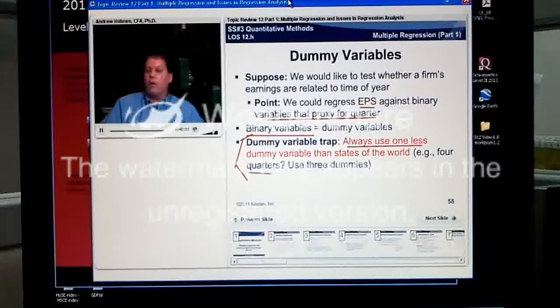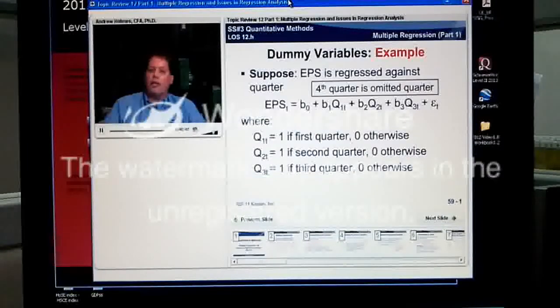So if you have 4 quarters in a year, you're going to use 3 dummy variables: a dummy variable for the first quarter, second quarter, and third quarter. What you're effectively doing is comparing the first quarter to the fourth quarter, or the second quarter to the fourth quarter, or the third quarter to the fourth quarter, but one of the variables has to be suppressed, otherwise you end up with fairly massive multicollinearity problems. So anyway, here we're going to regress EPS, so we have a